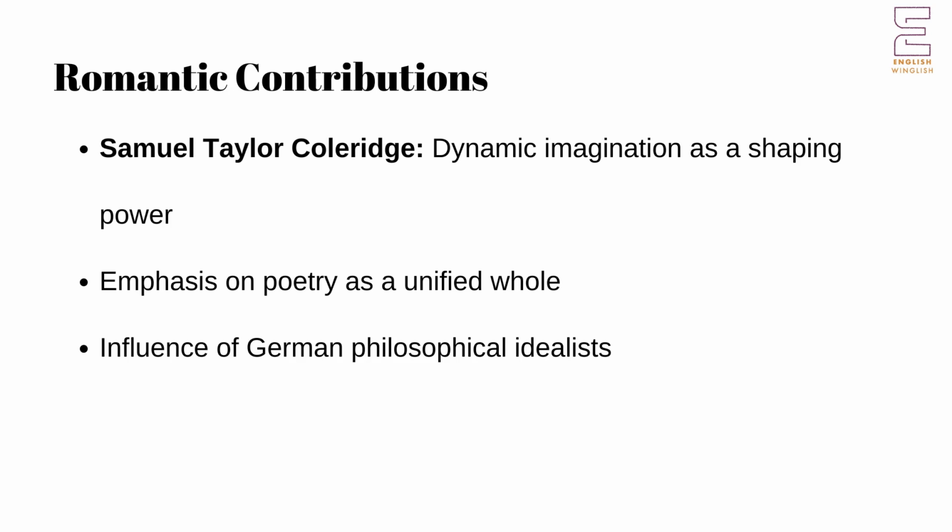He argued that a poem should be a unified whole, with each part supporting and explaining the others in a harmonious manner. Coleridge's distinction between poetry and other forms of discourse highlighted the poem's ability to elicit delight through its unity and coherence. This romantic view encouraged a deeper appreciation of the internal structure and imaginative power of poetry.